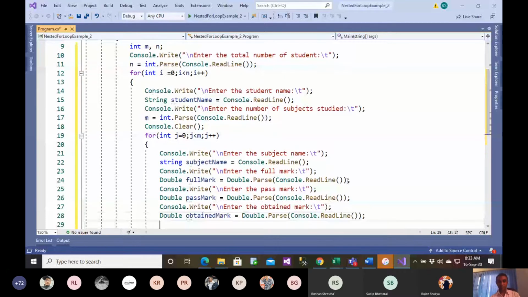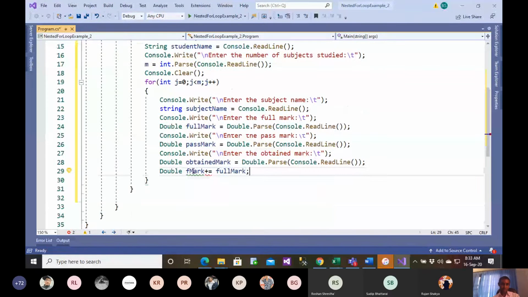And you want to calculate total of full mark and total obtain mark. Well, f mark. Let's see. Plus equals to. Okay, declared but never used, so never mind.